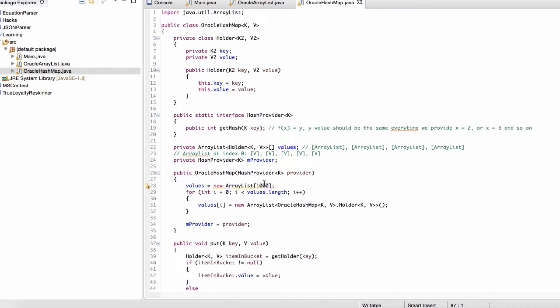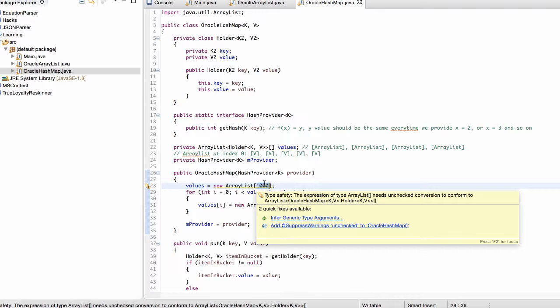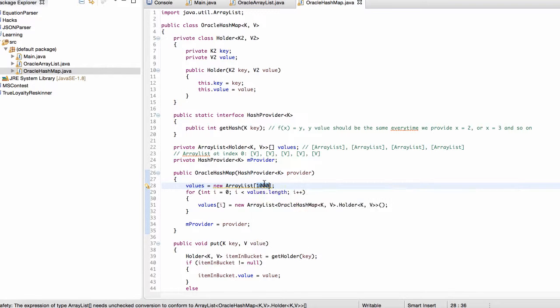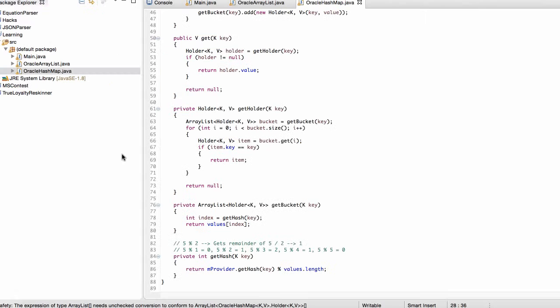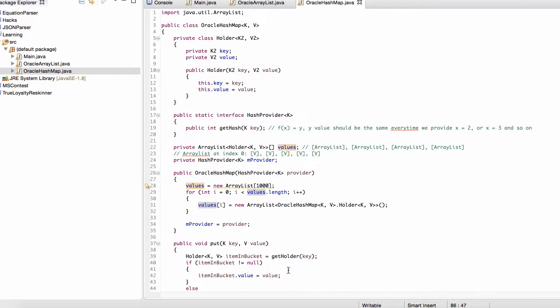Also, actually, one more point. If we were to make this number prime, then the odds of getting a collision are even smaller, because any number modulo a prime number, if you think about that, you're just going to have fewer collisions. Okay, so this was a very thorough introduction to hash maps and how they work inside,